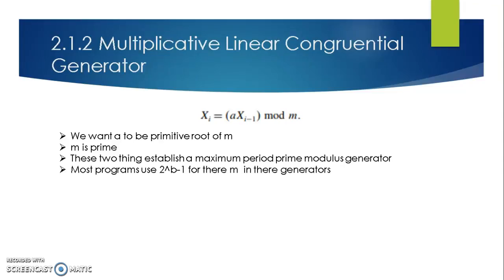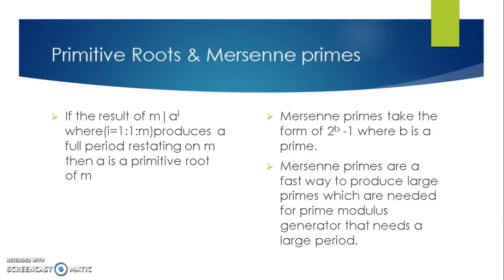These two things establish a maximum period prime modulus generator. So if both of these are checked off, then it will be the maximum period modulus generator. This can be seen with a few examples, but moving on, most of the time people will use 2 to the b minus 1 for their m in their generator. So typically they use 2 to the 31st minus 1 because that's typically the largest one they can get with numbers. Moving on, to really understand this, we need to understand what a primitive root is and what Mersenne prime